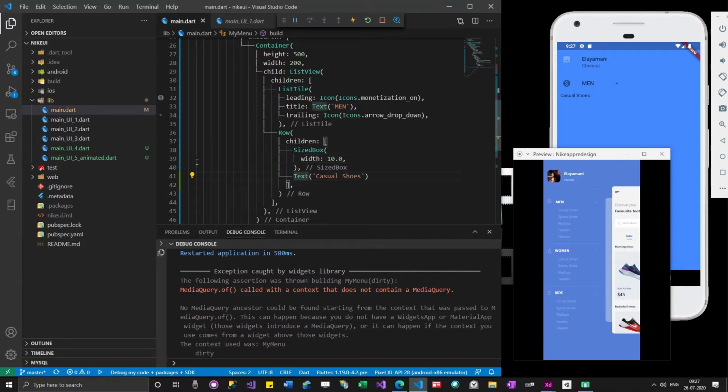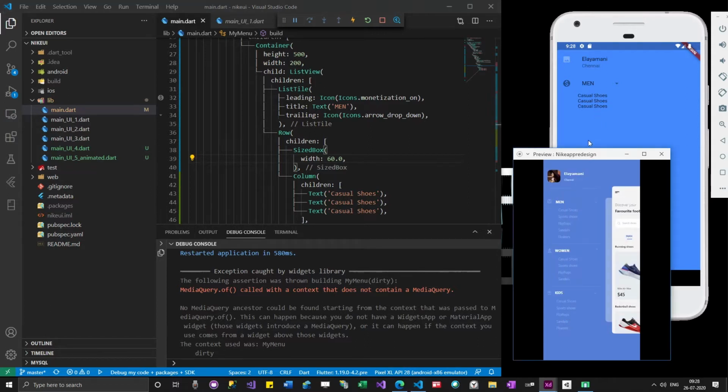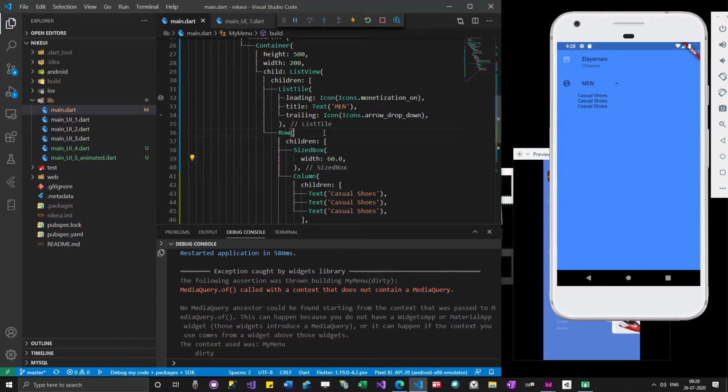So let me wrap this inside a column. So you can see the gap is coming here. Okay, so now it looks much better. Later we will take care of the styles and everything. So we will leave this stuff here.